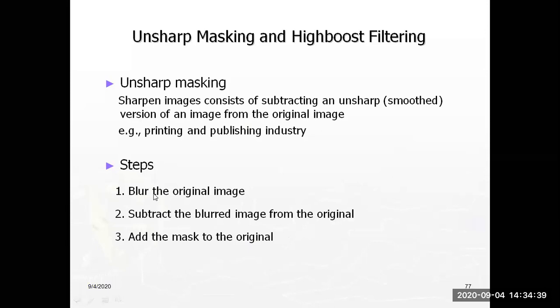For the blurring operation, what is the general filter used? A normal linear filter. If you perform a linear filter on the normal image, definitely the image will be blurred. After blurring, what is the unsharp mask? Subtract the blurred image and add the mask value. Then it is very clear and enhanced. This process is called unsharp masking.